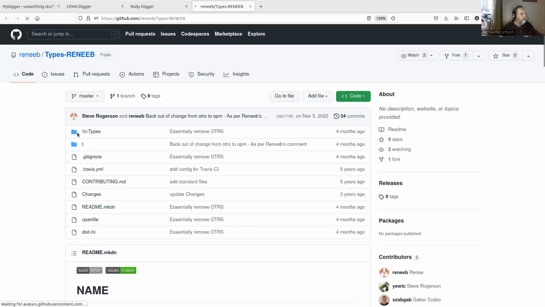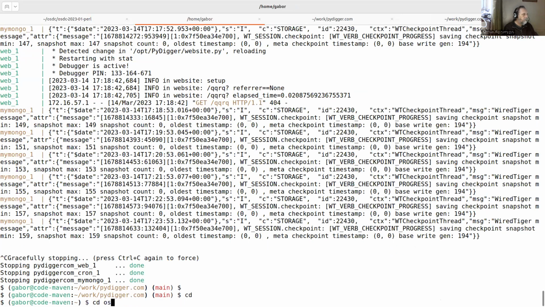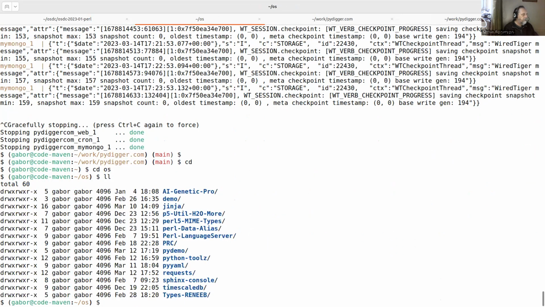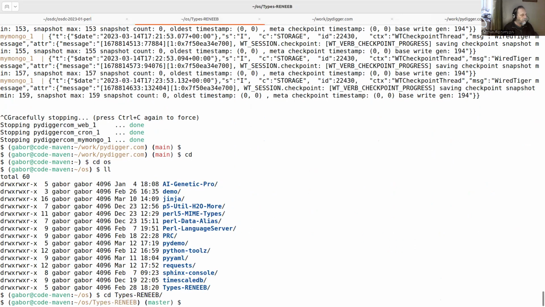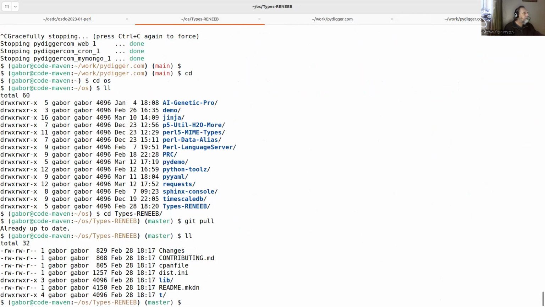Okay. So I just copied the link here, and let me go to this. Now I already cloned it last time, so I have it here. So I'll just run a git pull in case that was updated. And now I can. So it uses Dist Zilla. So what I try, I mean, I can use my own Perl. I might install Dist Zilla here, but